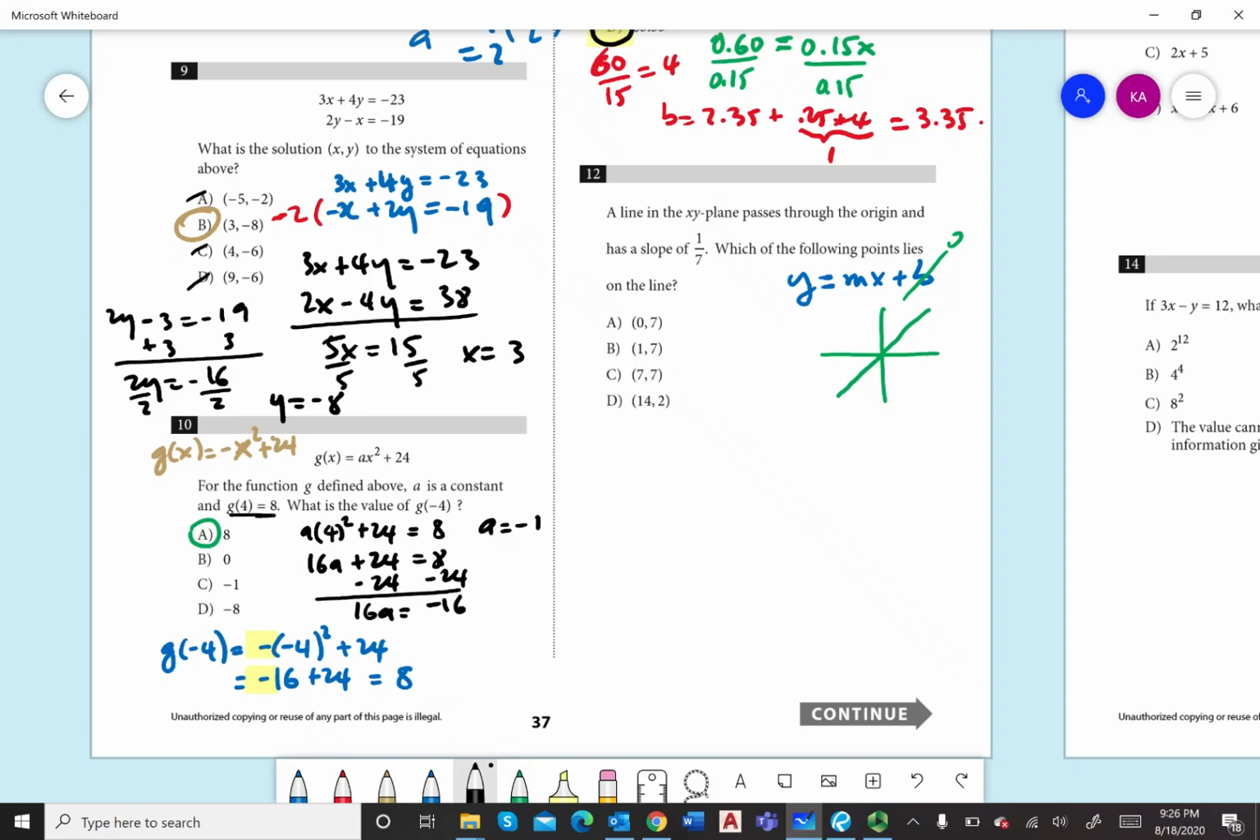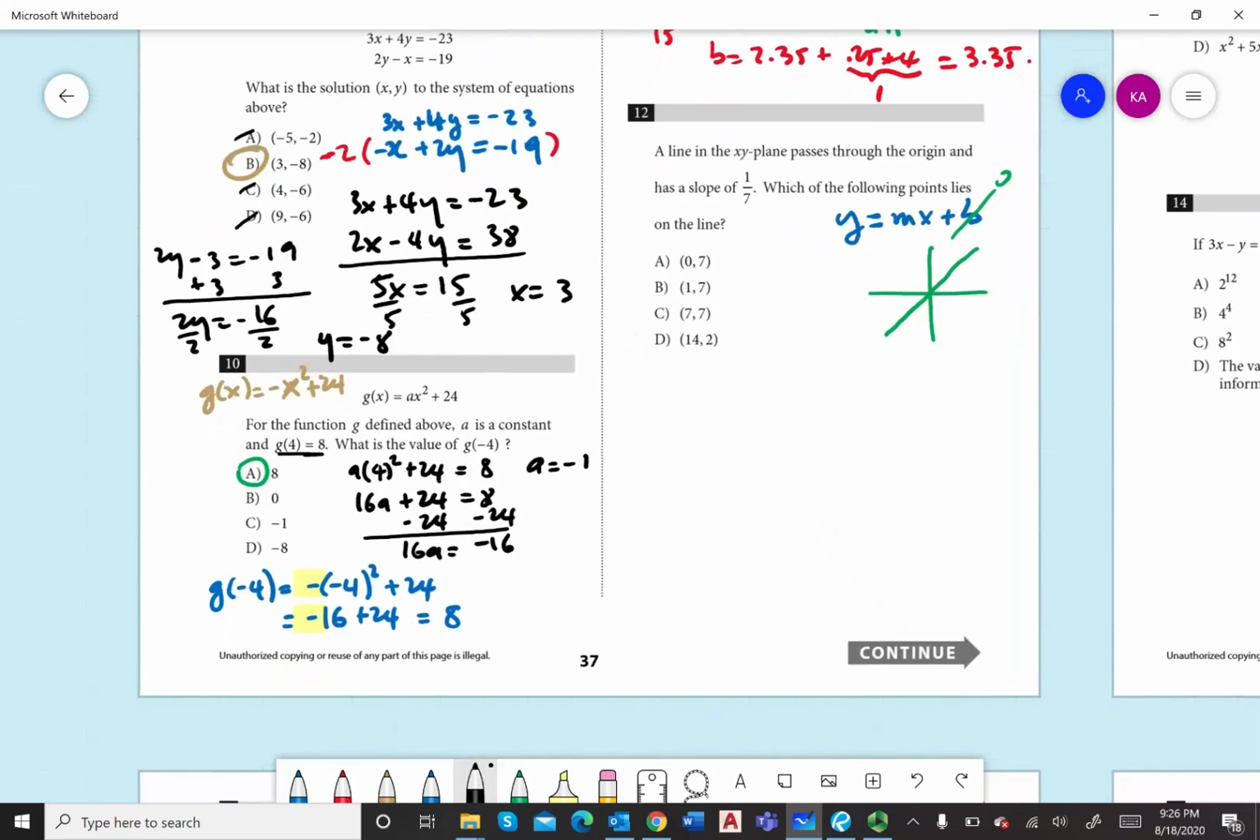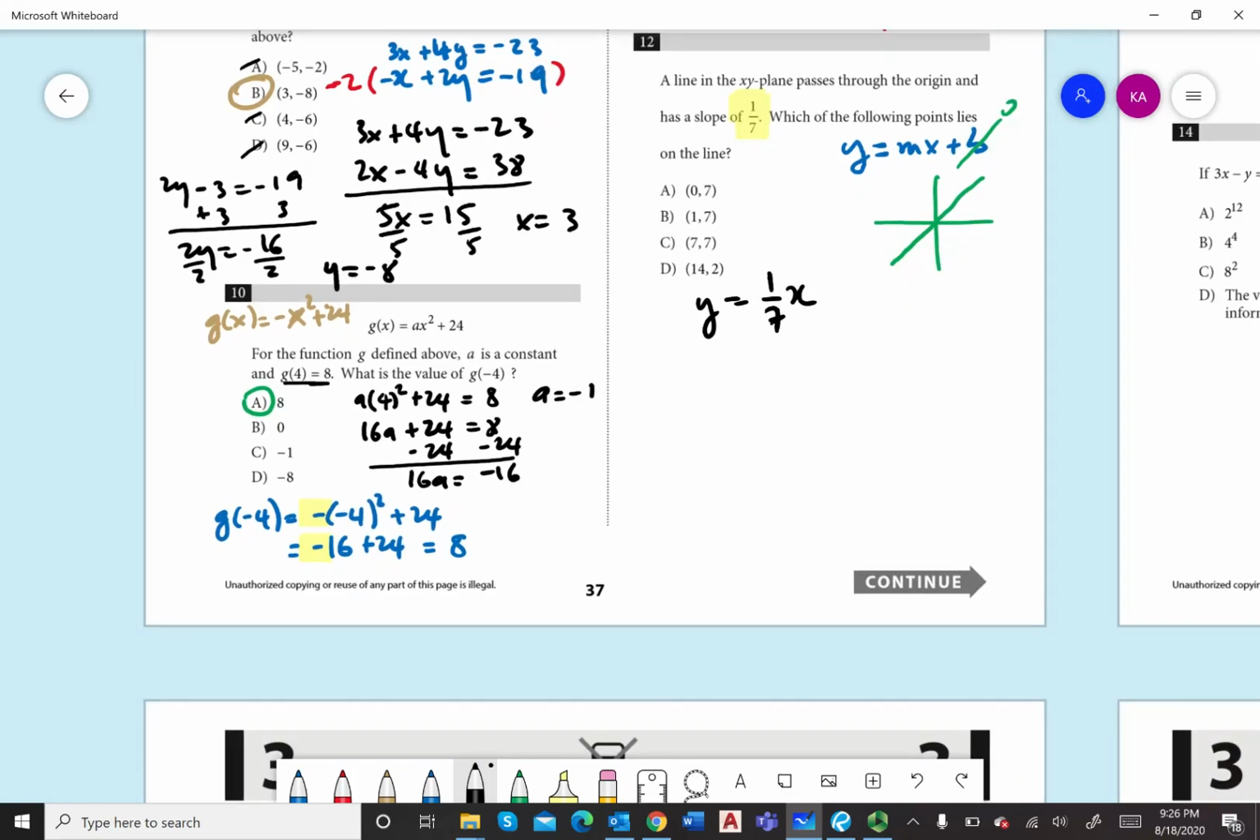So right away, from knowing that concept, I can write the equation of this line. The slope is given to me here, so I can write the line as y equals 1/7 of x. Easy. From that point, all I have to do is check these points and see if they work. That's the easiest way to do it, and it's really, really fast. So you plug in 0,